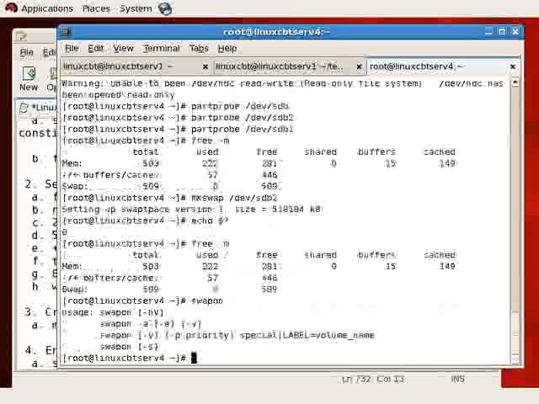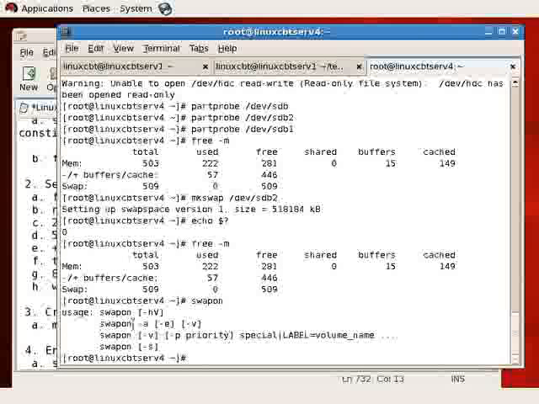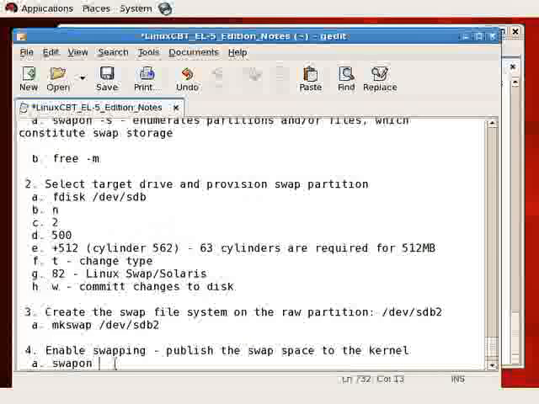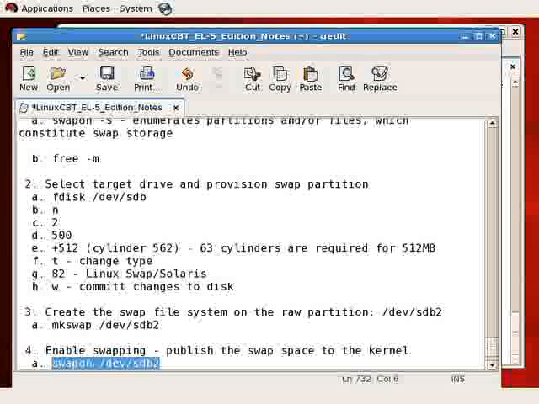So if you execute swapon, for example, with no options, you'll see that it has the options -h, -V, -a, -e, -v, and so on and so forth. You can indicate a device directly, but if you want swapon to simply read what's in fstab, you use the -a option. For now, since we have an updated /etc/fstab, let's execute swapon /dev/sdb2. We'll copy and paste